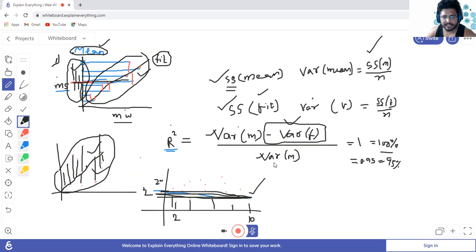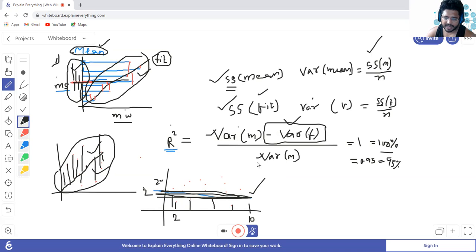So obviously this factor decides everything, because in the numerator, these two things are constant, right? So what is changing? What is affecting the equation? The value of variance of f is affecting the equation. So the higher the variance of f, the lower the confidence. The lower the variance of f, the better the confidence, right? So if my data is much scattered around the fit line, then I have low confidence. If my data is tightly scattered around my fit line, then I have higher confidence.